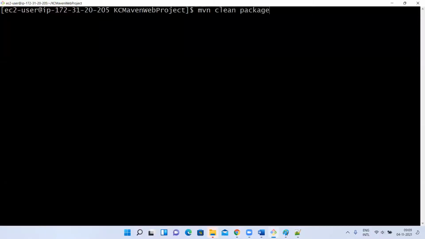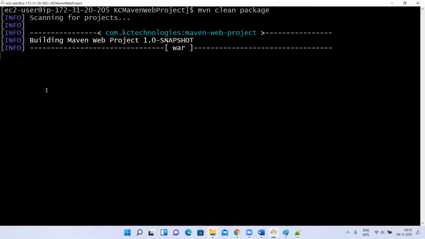Do you remember, in Maven I discussed 3 types of repositories. Maven local, Maven central, 2 we discussed. The other one is remote repository. That you have to use. There were lifecycle phases: validate, compile, test, package, install, deploy. I said deploy is related to remote repositories. So if we use mvn clean package, now see here.